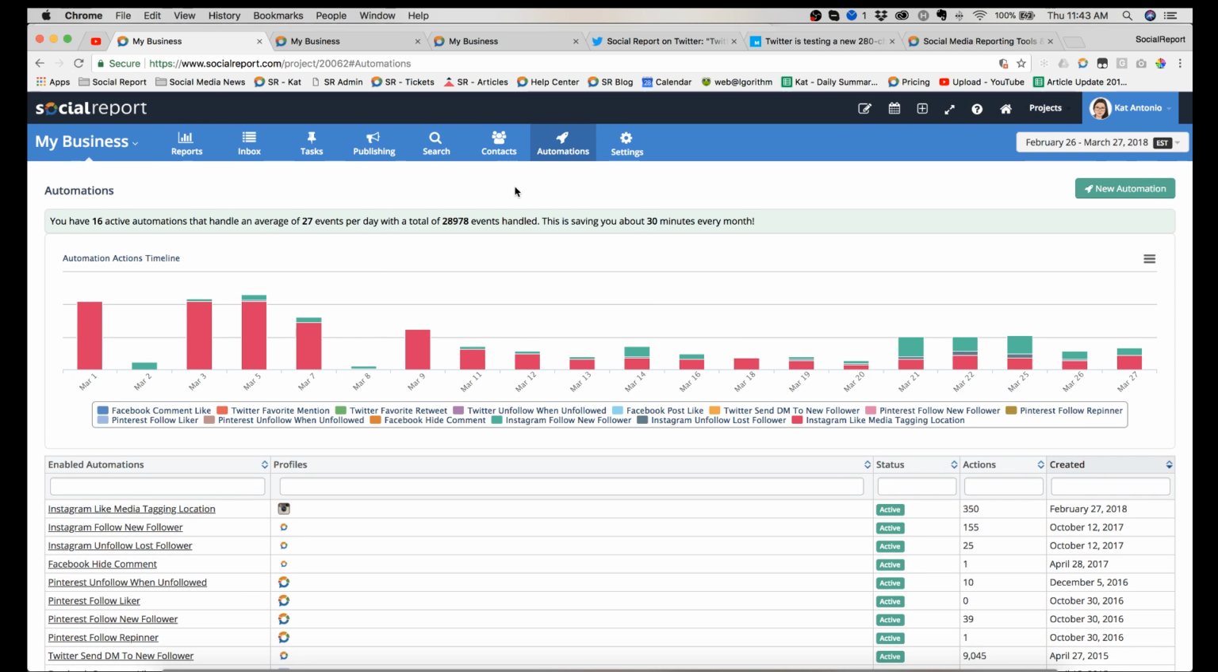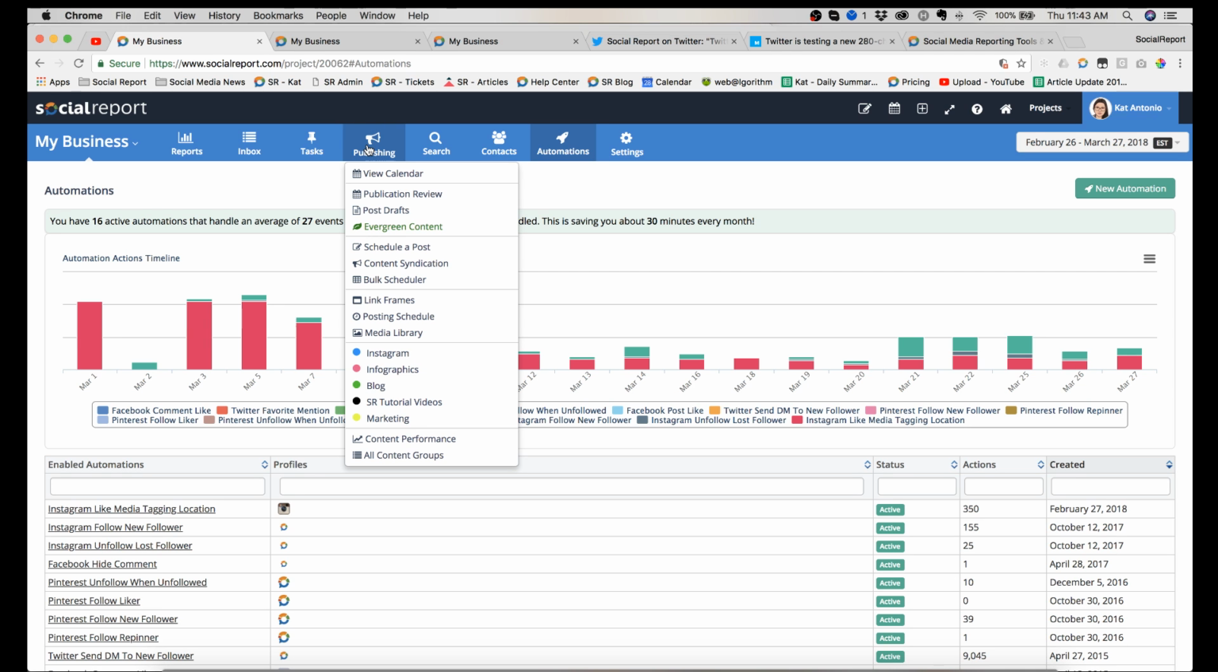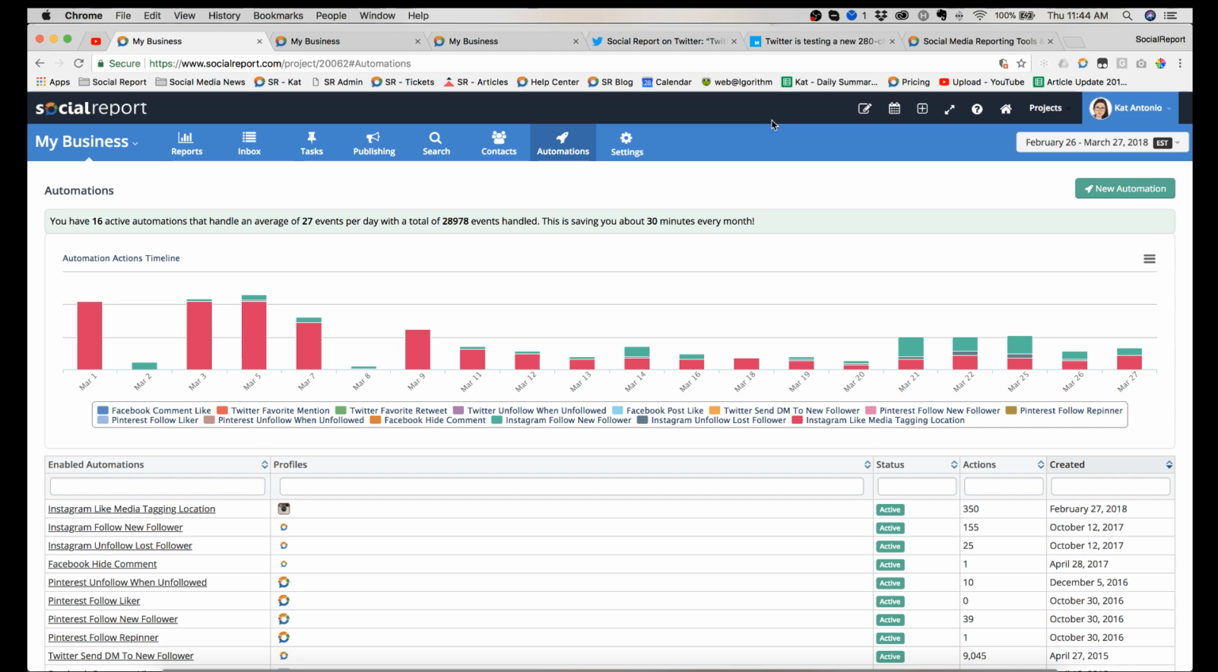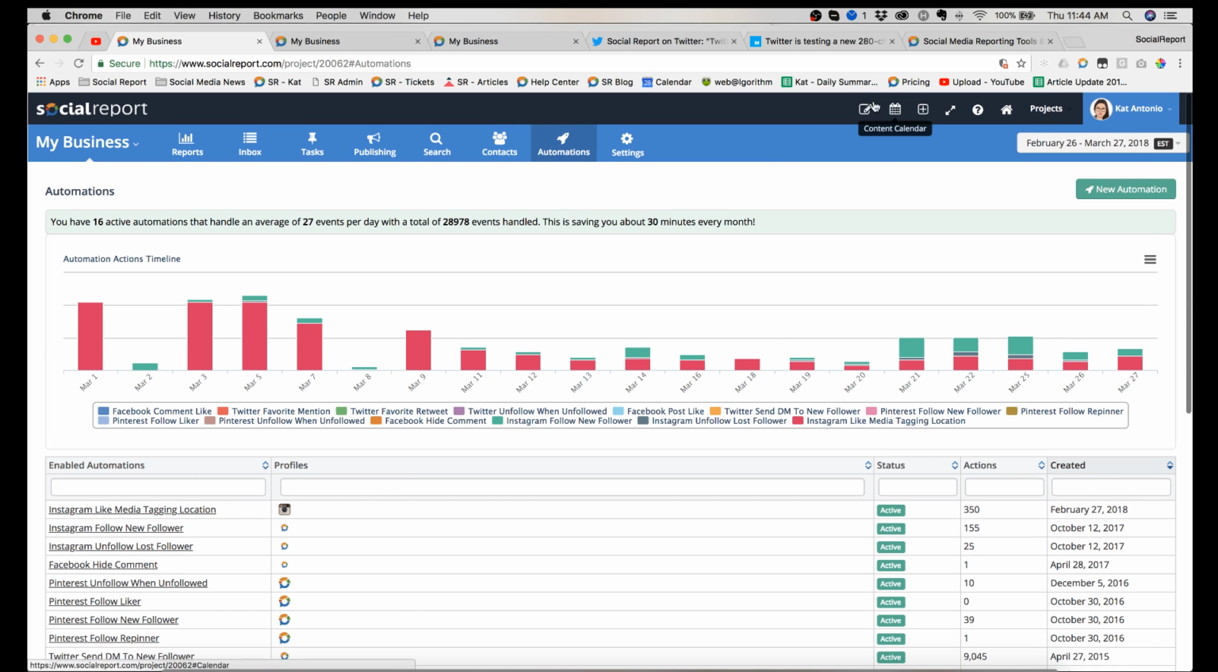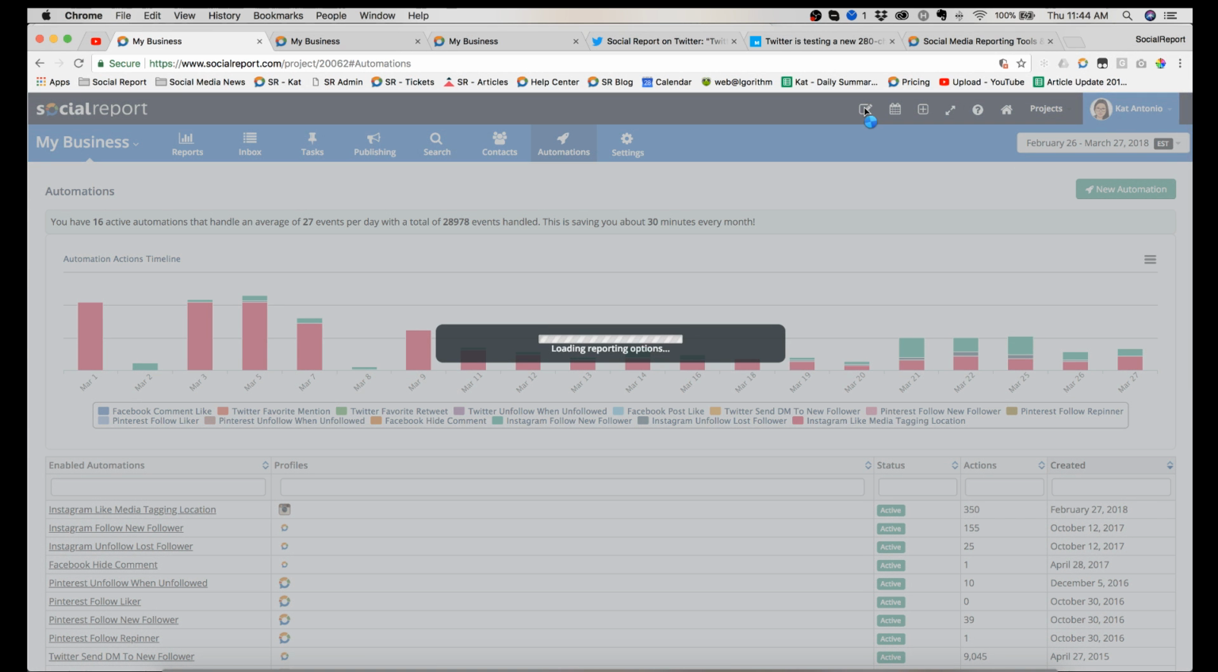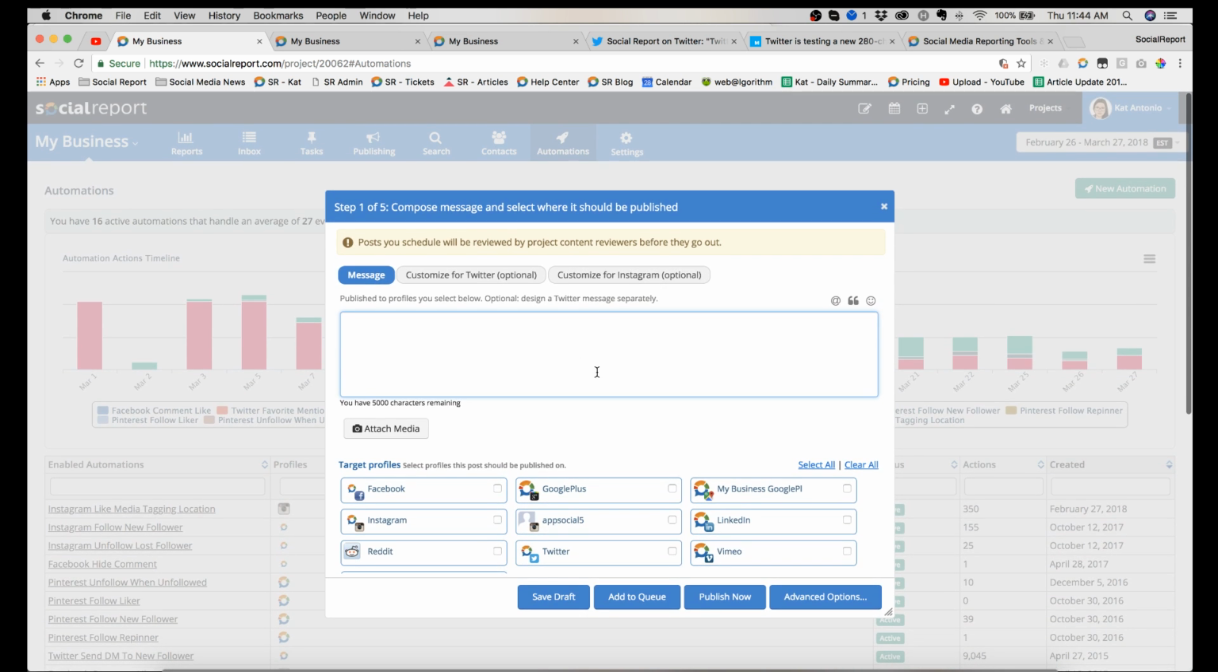Now let's move on to publishing. Now with publishing, I'm going to take a look at the basic post composer first, and then later on I'm going to show you some power features that enable you to syndicate content. Okay. Now when you schedule a post, it's pretty straightforward actually. Just click schedule a post over here. And once you click that, you can begin typing your message. So for example,